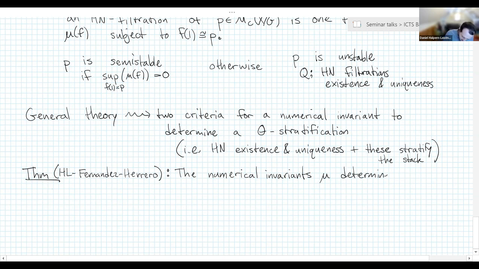So they determine a theta stratification of MC of X mod G